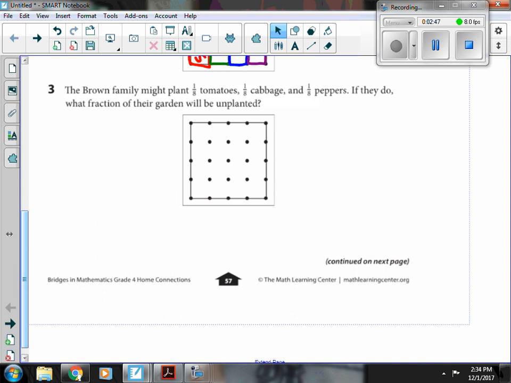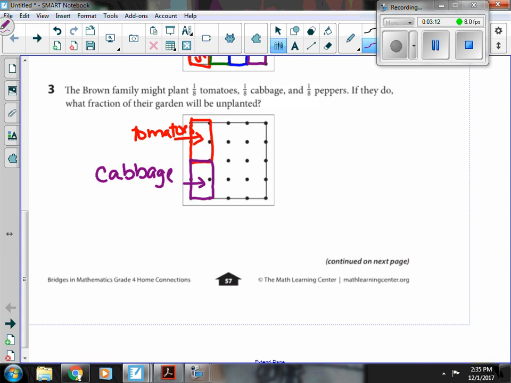So now we're really shrinking our tomatoes, and now we're going with 1/8 tomatoes, I'm going to have 1/8 cabbage, I'm going to have 1/8 peppers, and then if they do, what part will be